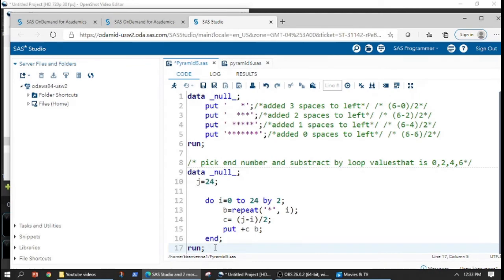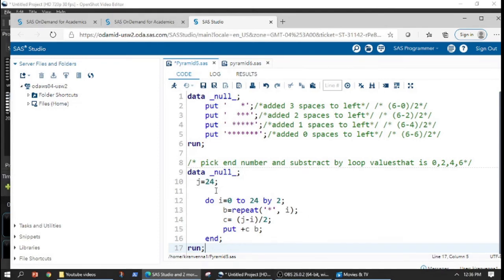To sum it up, to have the pyramid size of 25, we have changed the value at this place and at this place, and we have given one number less. So if I want to make a 25 star pyramid size, I need to give the value 24 here and 24 here.